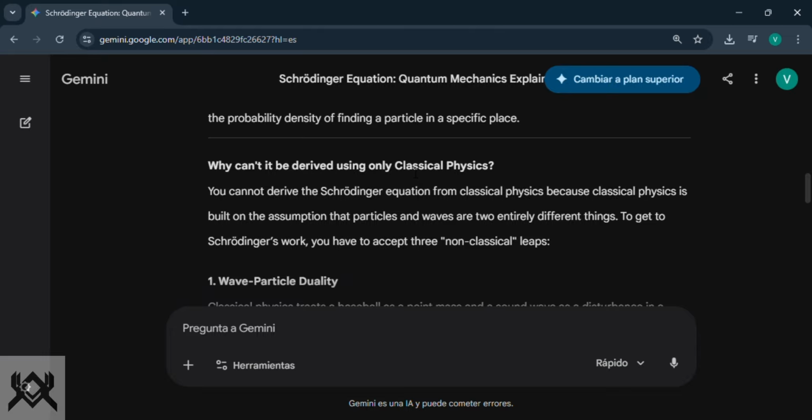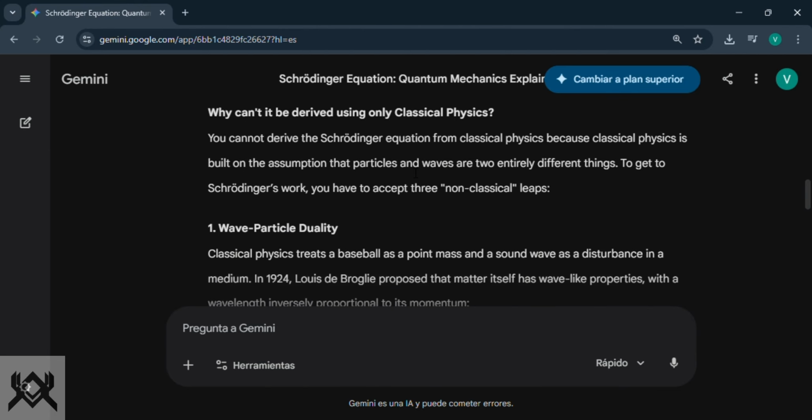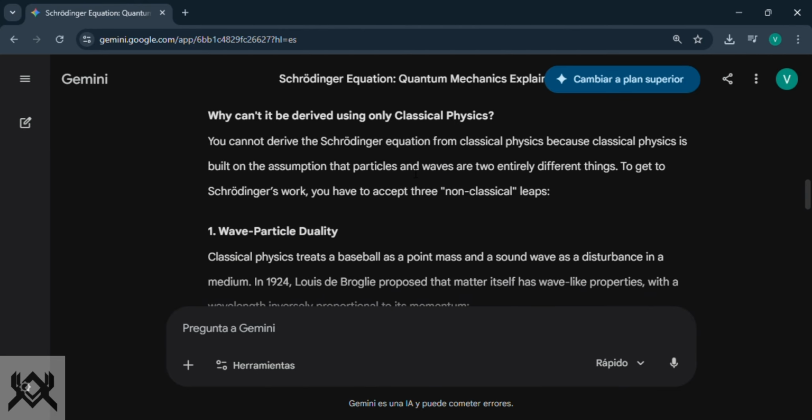And after, it responds to my question: why can't it be derived using only classical physics? Okay, you cannot derive the Schrödinger equation from classical physics because classical physics is built on the assumption that particles and waves are two entirely different things.